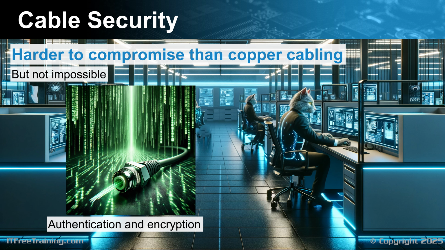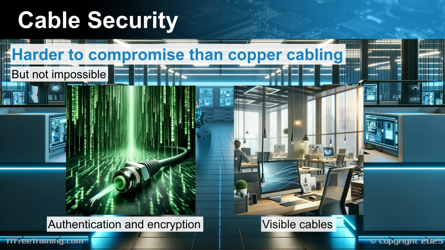Some organizations adopt the strategy of using visible cabling as a security measure. The rationale behind this approach is straightforward. If the cables are in plain sight, it's easier to detect if any unauthorized listening devices have been attached. Usually, companies who use this method will use transparent conduits to keep the cables visible. However, it's almost inevitable that there will be sections of the cable that remain out of sight.